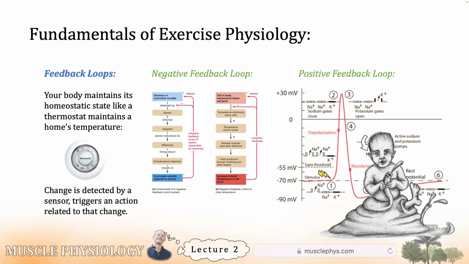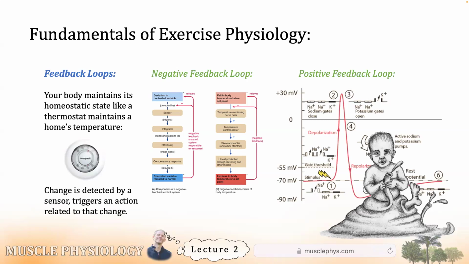And then there are also positive feedback loops. These aren't maintaining homeostasis. Here, a small stimulus induces a big one. Life works in this way. We can call it like the Paris Hilton effect. Popularity begets popularity, or the more money you have, the more money you can make. Life tends to work in something like positive feedback loops, but in physiology, these are much more rare. Negative feedback loops are the common one.